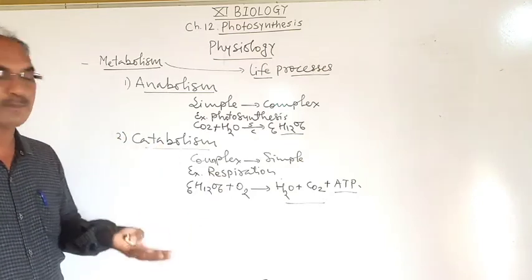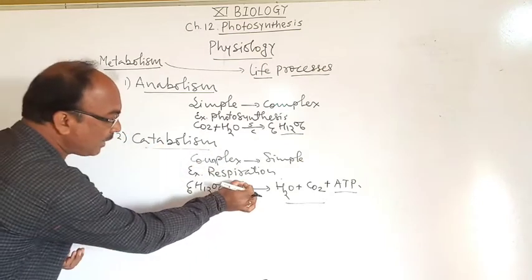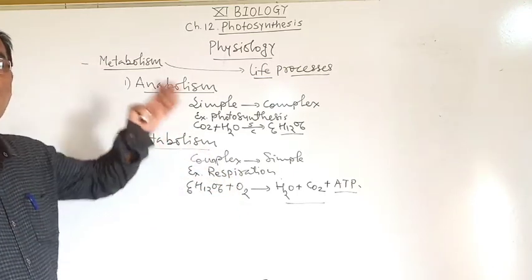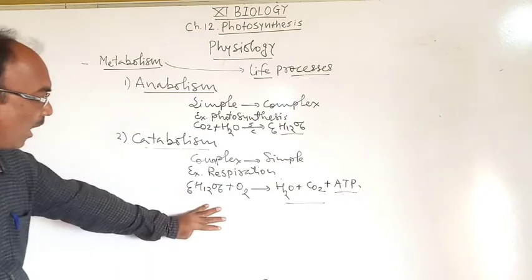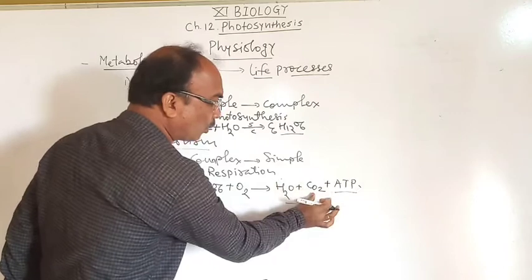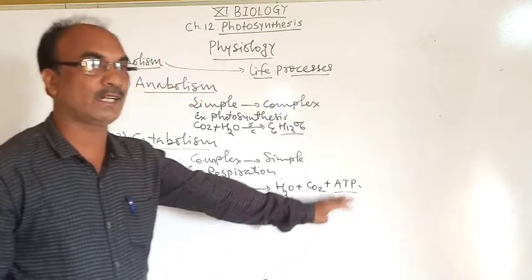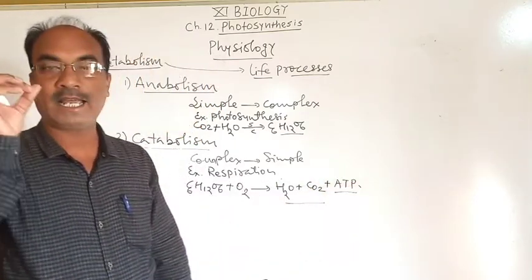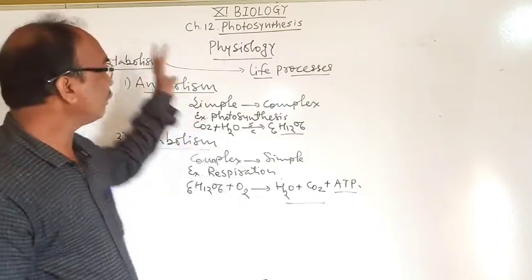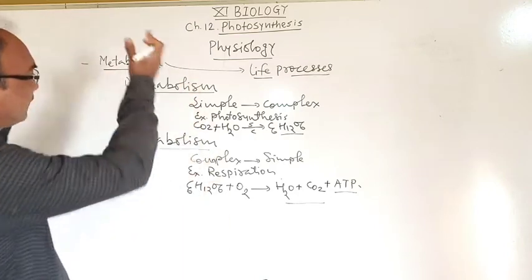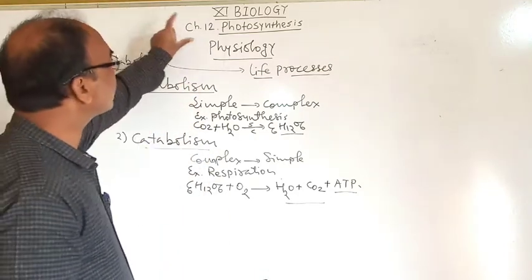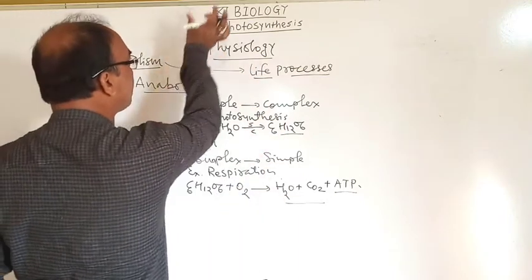यहाँ पे ऑक्सीडेशन मीन्स ए addition of oxygen. Oxidation means the addition of oxygen to form a simple substances like the H2O, CO2, and it produces the ATP, means the adenosine triphosphate. Okay, तो ये हो गया फिजियोलॉजी एंड द मेटाबॉलिज्म। यहाँ पे बच्चों ये वी आर स्टडीइंग द ए चैप्टर नंबर 12